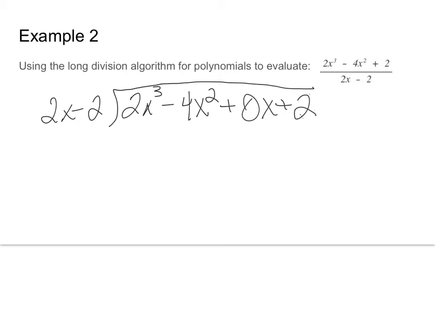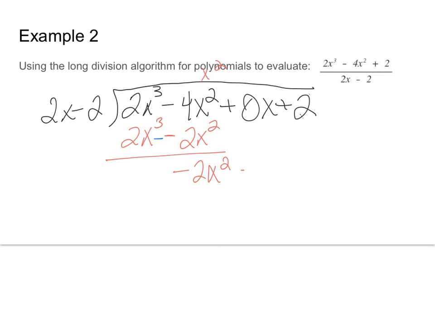Okay, so we started this out correctly. I'm going to write 2x squared up here, and then multiply through. Nope, just x squared. X squared times 2x is 2x cubed minus 2x squared. And this is where I need to make sure I'm subtracting. So try not to mess that up. Negative 4x squared minus negative 2x squared is